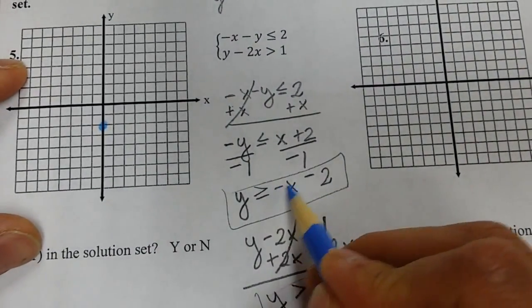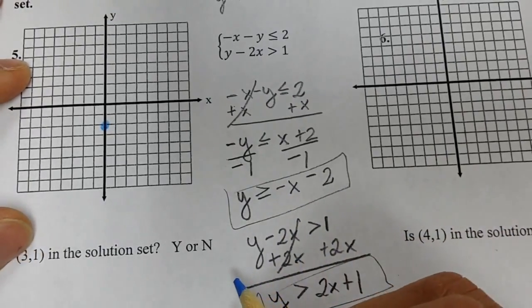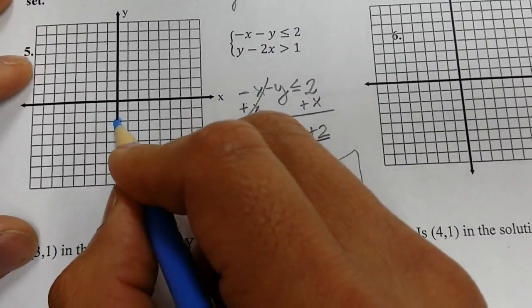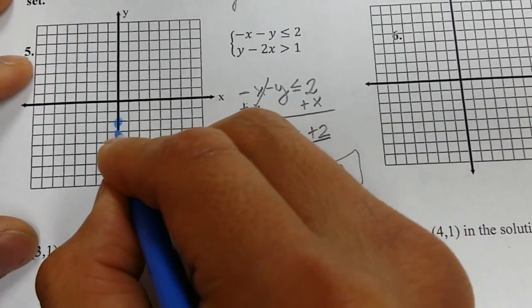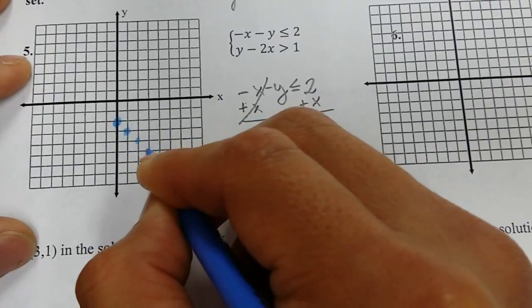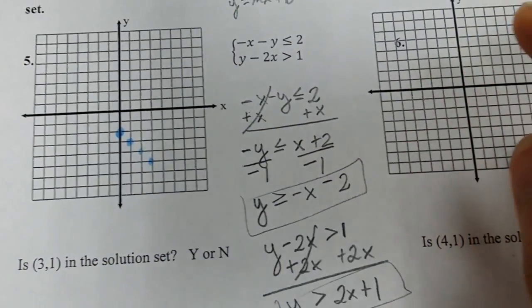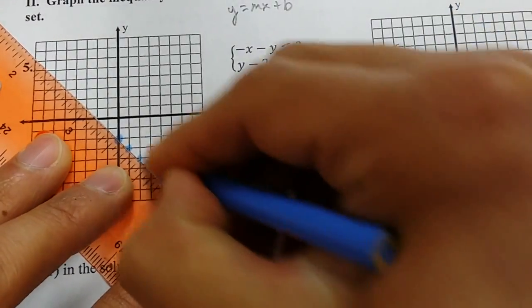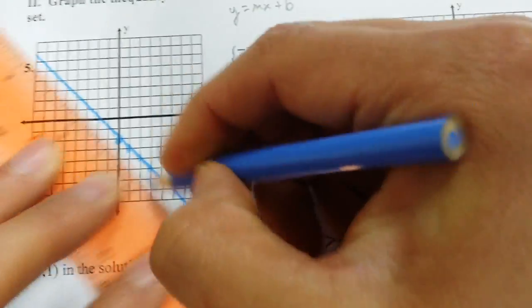Now negative x, my slope is just negative 1. So from the y-intercept, I go down 1, right 1, down 1, right 1, down 1, right 1. And then I will connect my points